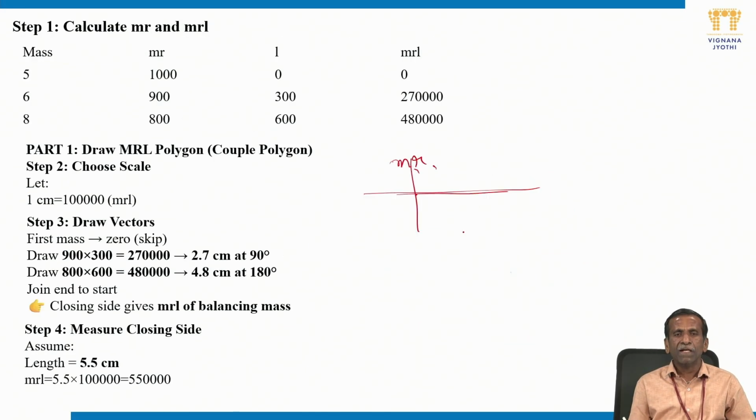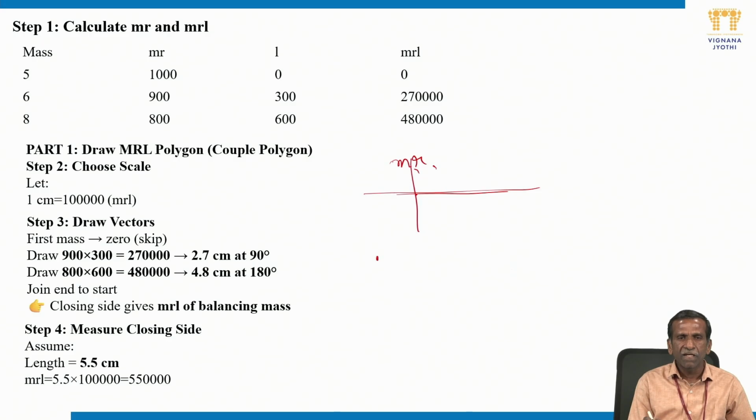Okay, then coming to the problem, always for whichever masses are given, we can calculate MR and MRL, and the unknown quantity we will see how to find. First we need to draw the MRL polygon, because MRL values of the first three masses we know from the reference plane, first plane. Then the MRL polygon we need to construct. So first one MRL value is 0. Okay, first one. Second one is MRL value